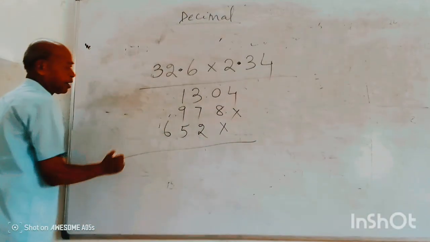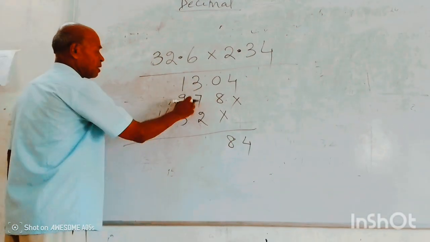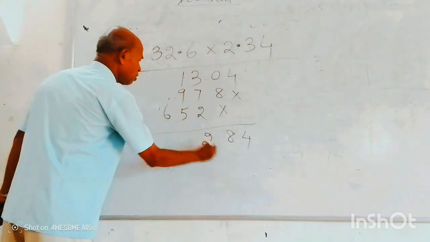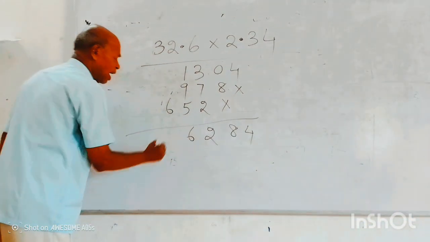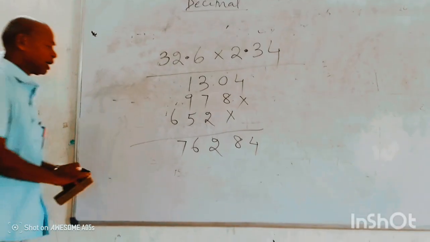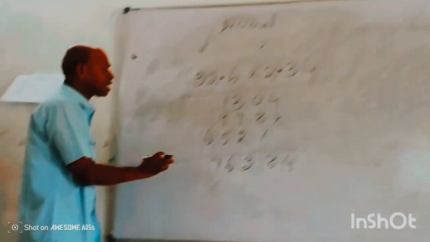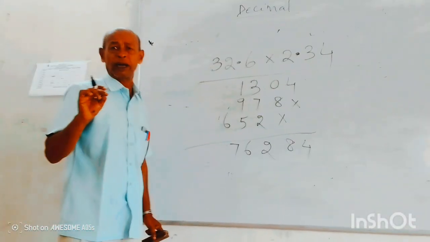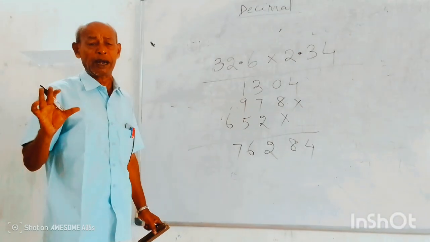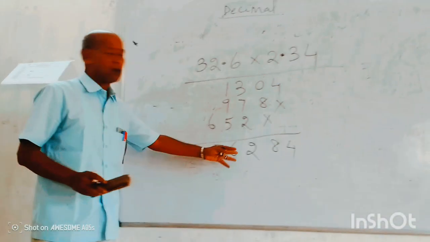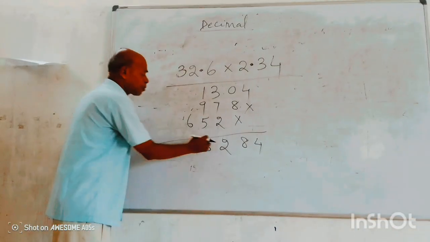Now we will add. Now this is your 4. This is your 8. 7 3 10, 2 12. Carry 1. 5 1 6, 9 15, 1 16. Carry 1, 7. Now it is the time to put the decimal point. After multiplication we have to put the decimal point. To put the decimal point is very very important. Many students forget to put the decimal point. Here they commit mistakes. So we have to put the decimal point.